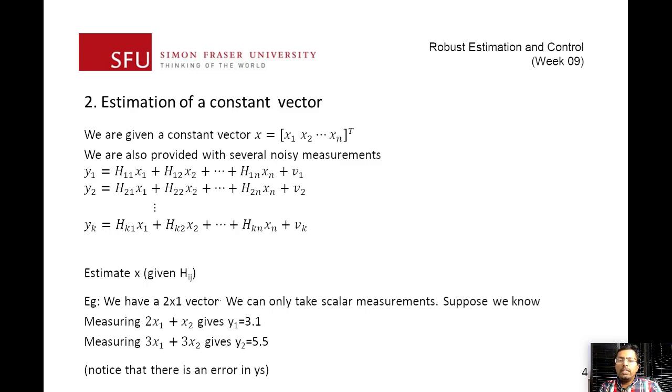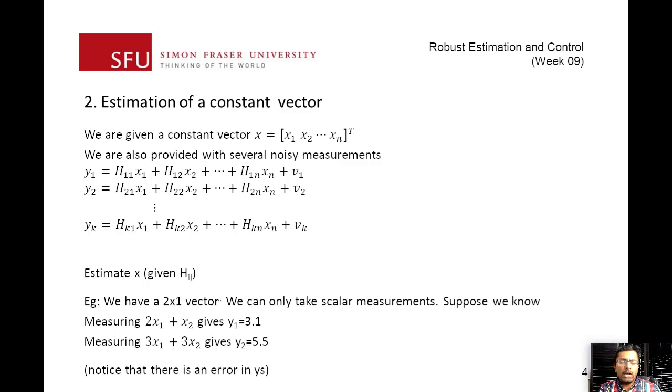So that's one of the necessary conditions. What you would also need is another restriction: these should not be linearly dependent on each other. What that means is if I just tell you 2x1 plus x2 is 3.1, and then I give you 4x1 plus 2x2 equal to some other value, you can't really solve the problem either, mainly because you're giving me the same information, just doubled, and that isn't additional information that you can use to solve the problem. So those are the two restrictions.